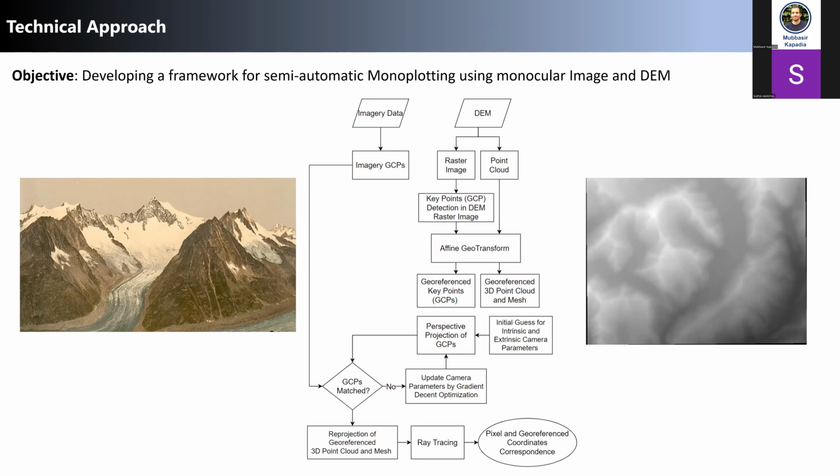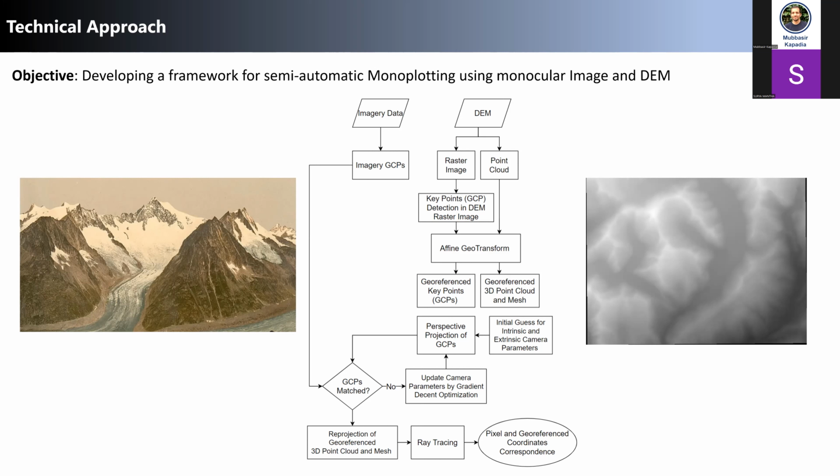We can use a raster image and implement a key point detector on it to find its ground control points or key points, and then use an affine geotransform method to find the XYZ of a world coordinate system of the DEM key points in meter dimension, and then we can have an initial guess for camera parameters, and using those initial values, we can